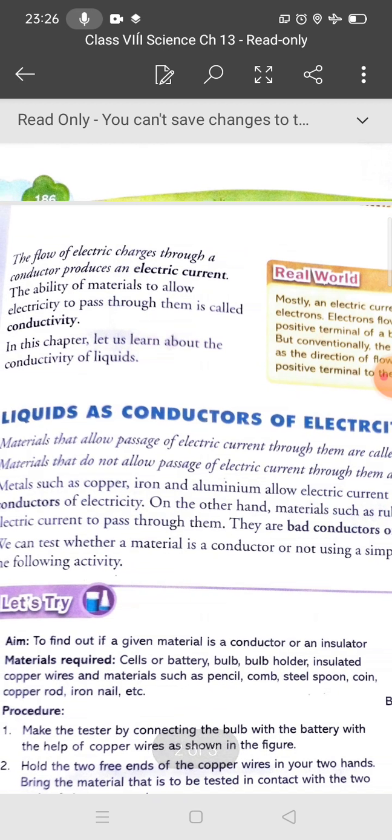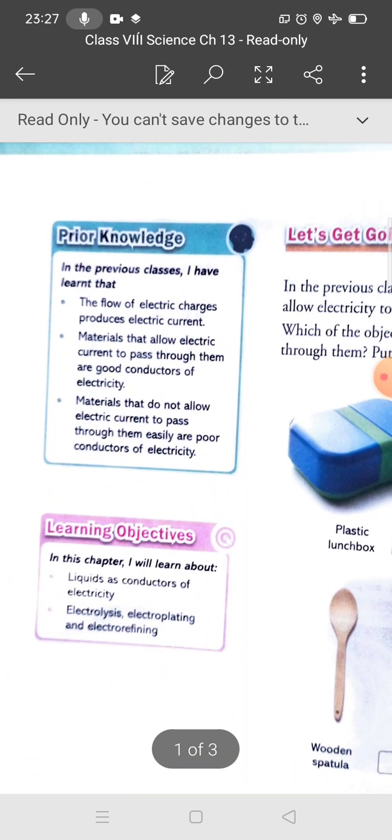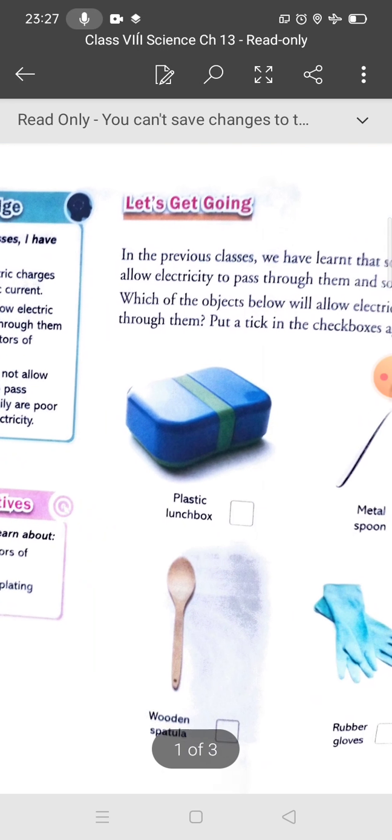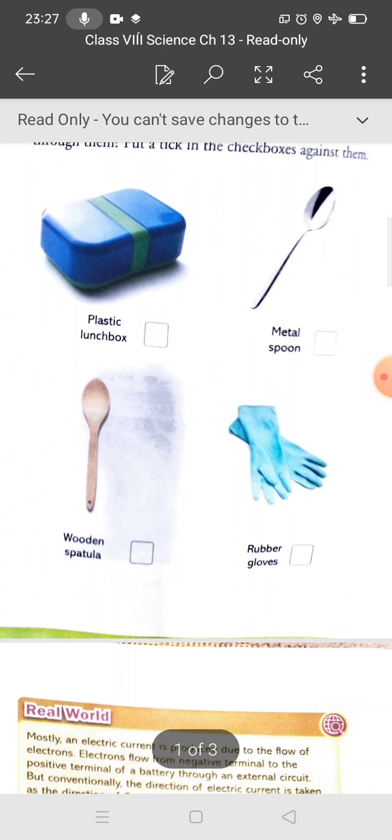So in the next video we will discuss some liquids as conductors of electricity. I hope you understand. Today we discussed good conductors of electricity, and we discussed some objects. Now you tell me which object allows electricity to pass through it. Yes, students,